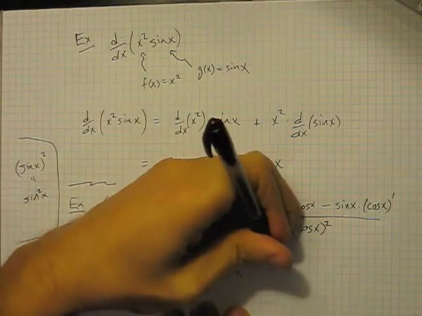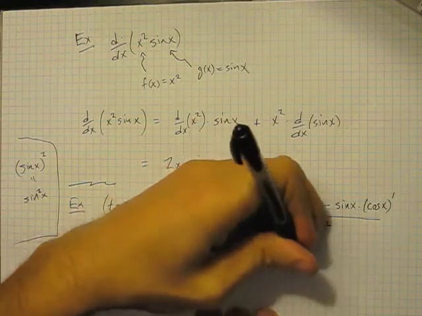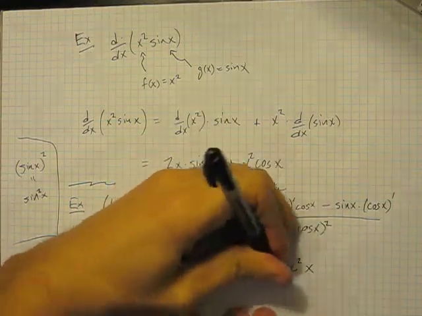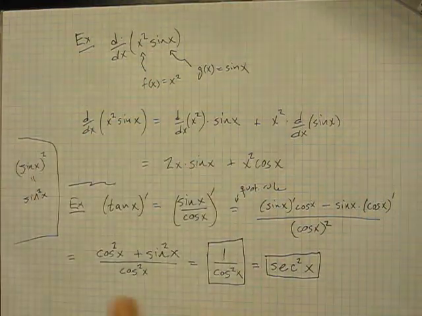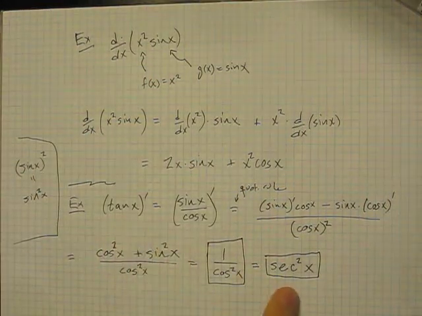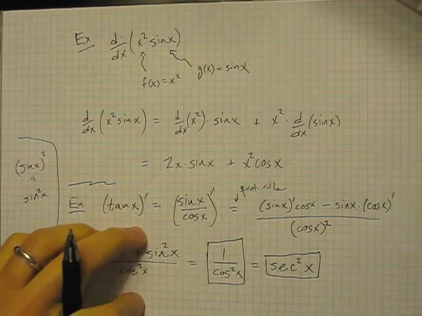Another way that we write this is 1 over cosine, which is the secant function, and so this is secant squared of x. Either of these is fine, they're both the answer. That's the derivative of tangent: the derivative of tangent is secant squared. We'll do problems in class about the other trig functions. All right,